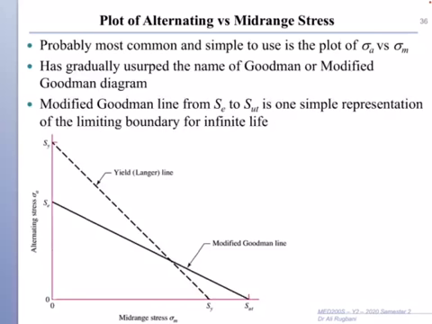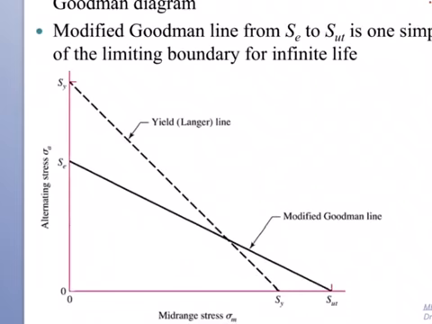To estimate failure in this case, we can use this curve. There are few methods that can be applied, and if we plot sigma alternating versus sigma mid-range, we can have an idea of the safe zone of this machine element. So for example, when the alternating component